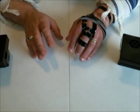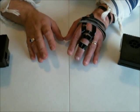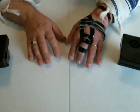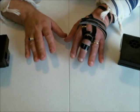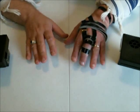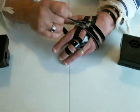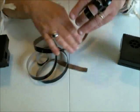So it basically works the same way, whether you wrap this way or you wrap Ashkenazic way. What I do is essentially a modification on the way that the Jews of Morocco actually wrap their tefillin when they're putting them away. And as I said, it makes it extremely easy to tell which is the tefillah shel rosh from the tefillah shel yad. So the first thing I'm going to do is start to remove my tefillah shel yad,